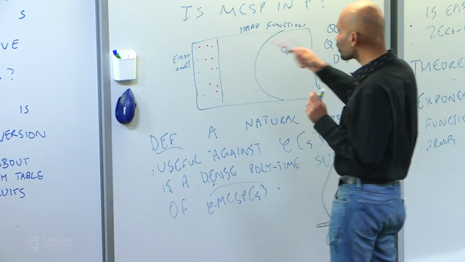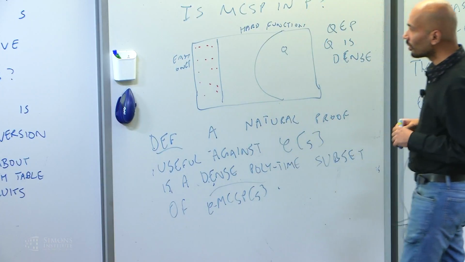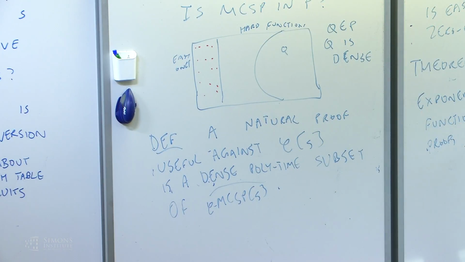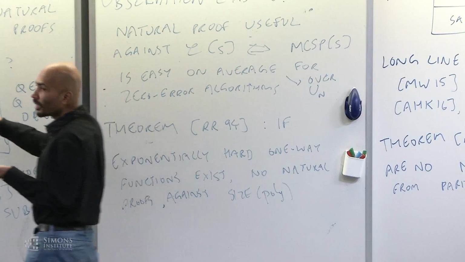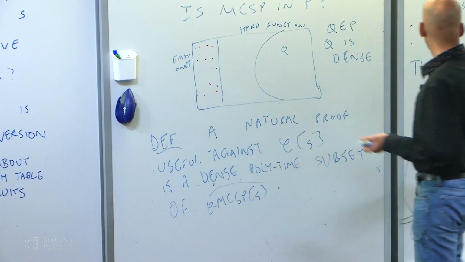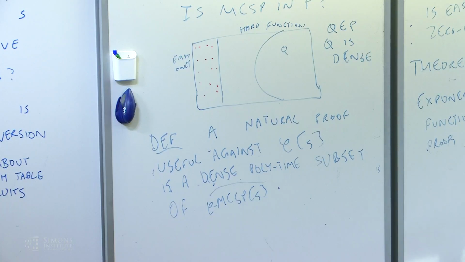I mean, to go from one-way functions to pseudorandom function generators, you need this result of Goldreich, Goldwasser, and Micali. But beyond that, it's fairly straightforward. And in fact, you can get more generally that if the pseudorandom functions are computable by circuits from a class C, then C-MCSP is hard on average, right? The proof just goes through the same way. Okay. So that tells us something about the likelihood of MCSP being in P. Under cryptographic assumptions, we don't expect that to happen.